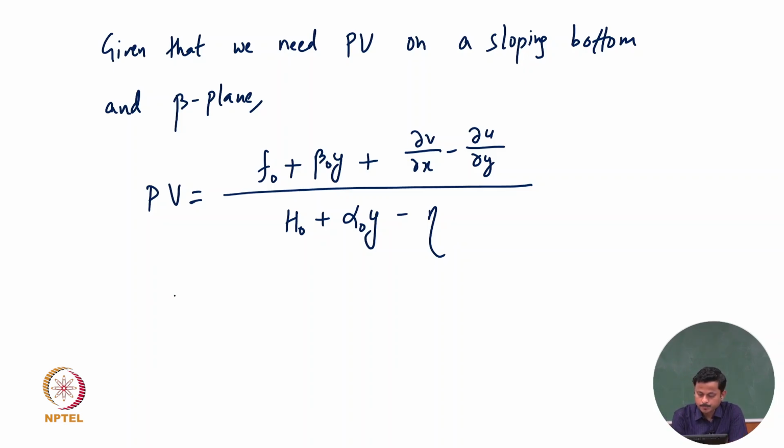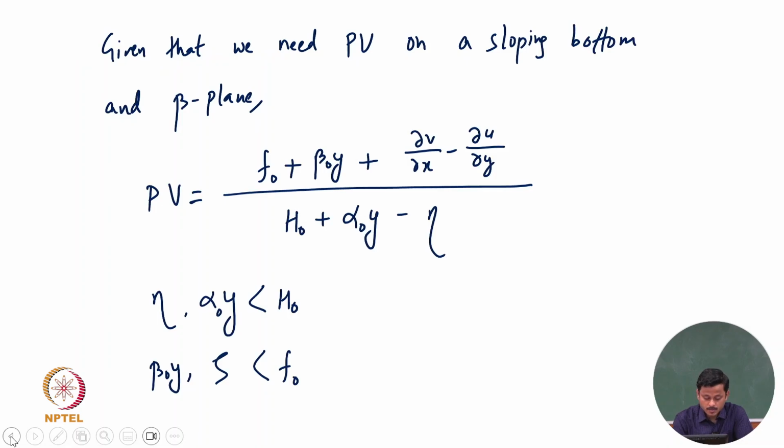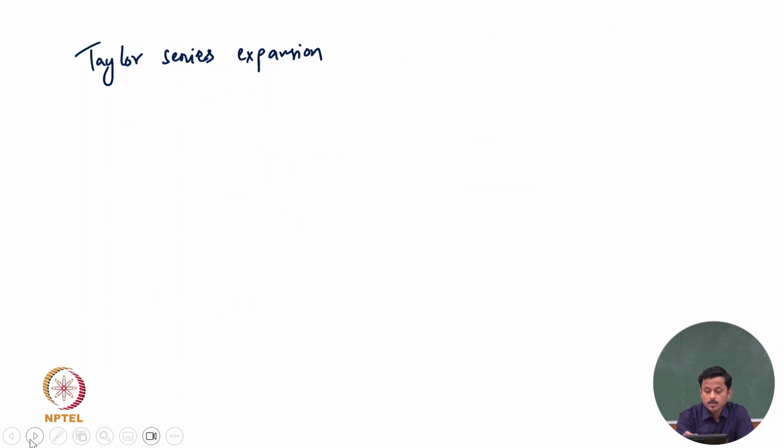Now eta and alpha naught y is less than h naught, and beta naught y and zeta is less than f naught. Okay, so then Taylor series expansion of this PV. So Taylor series expansion of this expression for PV leads to